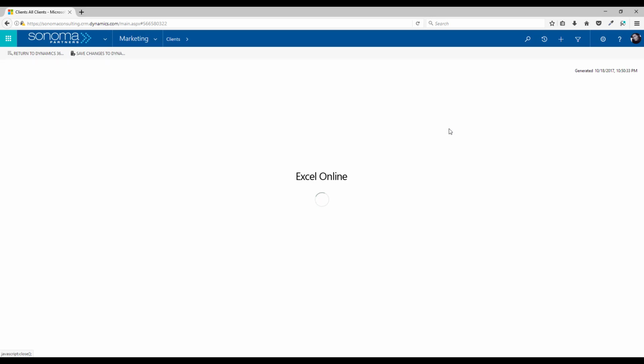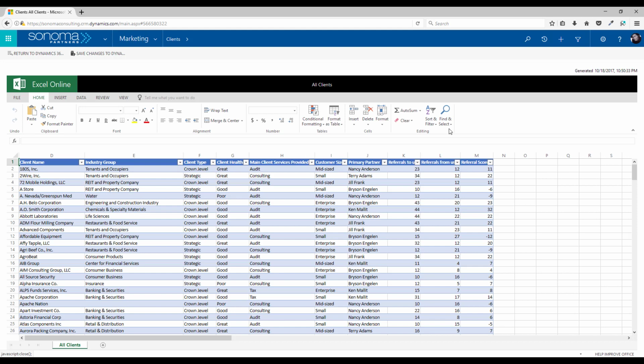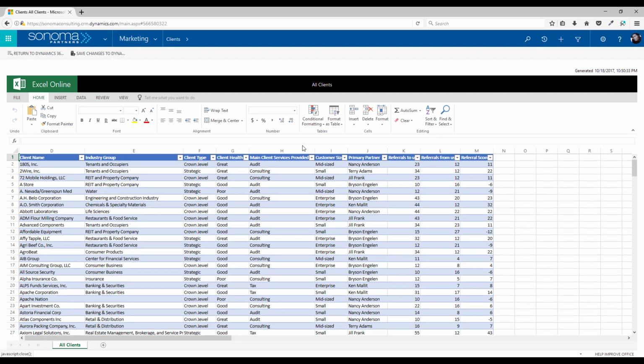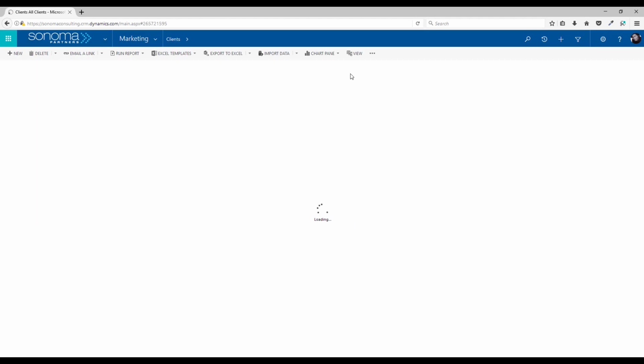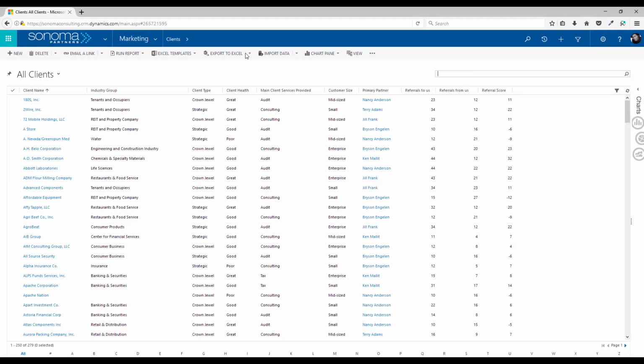And this is especially relevant if I want to make some bulk changes to that list of records that I have. I can do that right through here. Again, this is the native natural Excel experience. And once I make those changes, I can simply just save those changes back into Dynamics automatically. I'm going to go back to that list view now and show you the other options that we have with